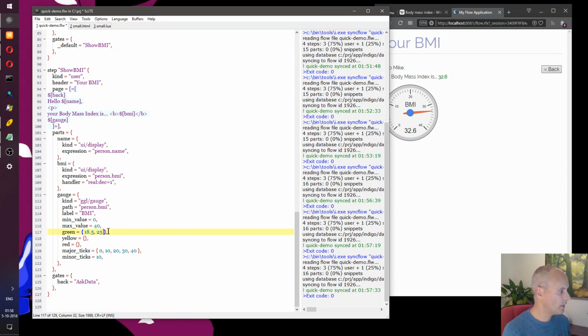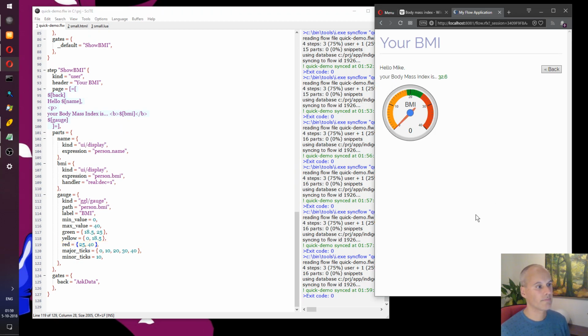18.5 to 25, the green range, 0 to 18.5, the yellow range, and well, 25 to 30 could be the red range. Let's see what happens. And there you have it. So here's our simple modeled calculator.